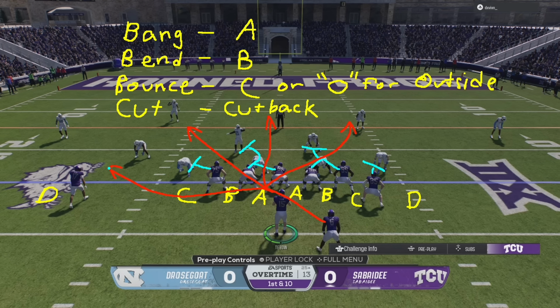Bounce it outside. And the last option, if you get an inside zone and you got to cut, just means stick your foot in the ground because the defense has overloaded and taken everything away on the play side. And it's up to you to cut it back and just try to find a hole and get as many yards as you can. So again, bang is A gap,